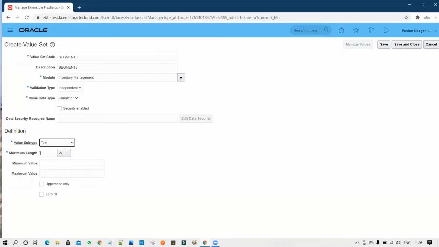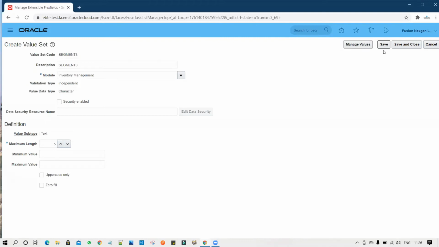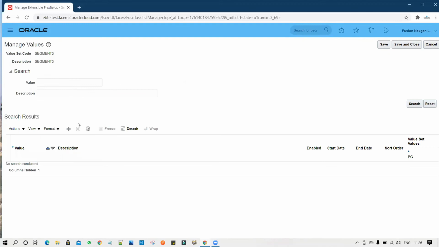I will put text and I will say that the maximum length will be 5 digits. Now you save. Once you save the value set, you have to set the values. After saving that record, you can see the manage values button will be enabled to update the values. So I will add some random values for demonstration purposes. You can configure it as per your business need.